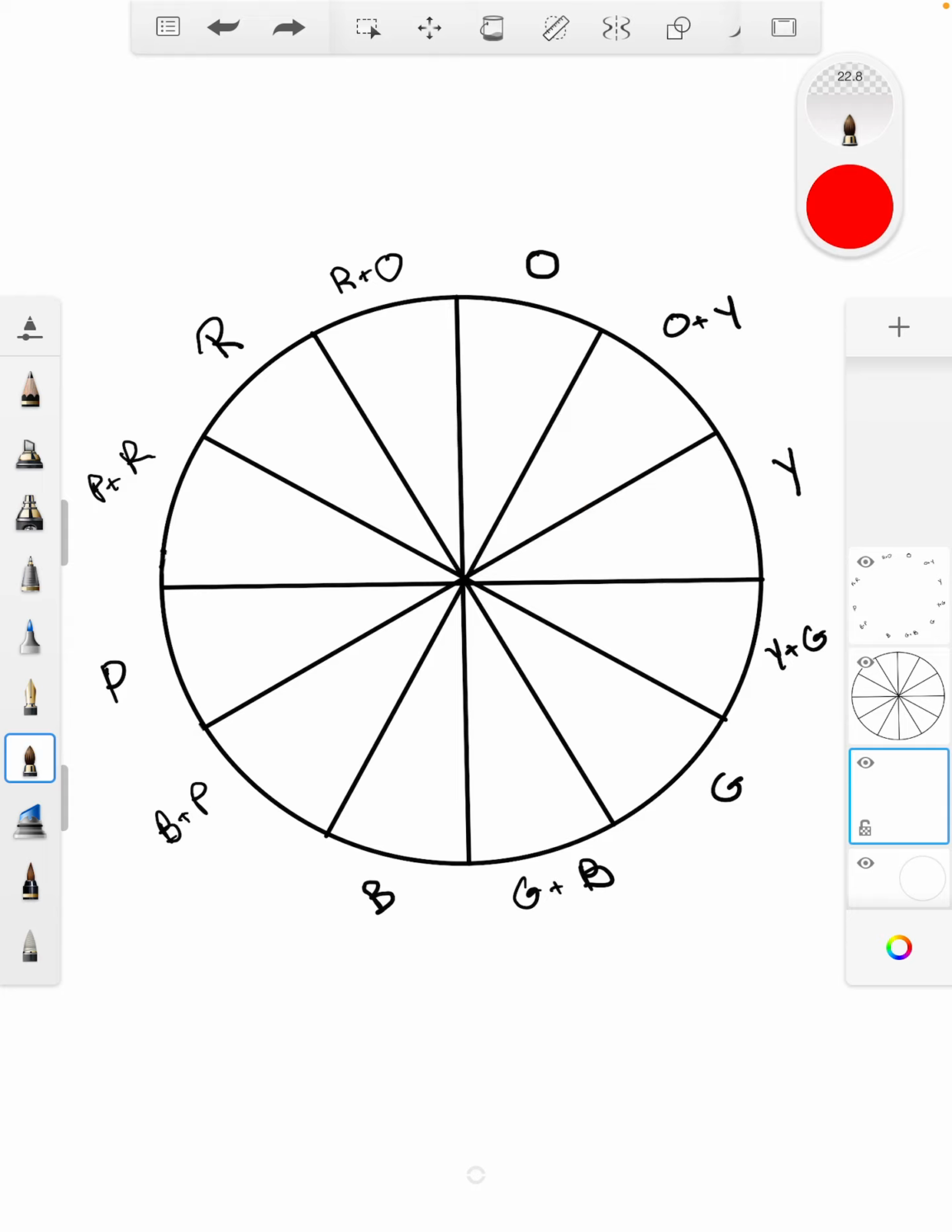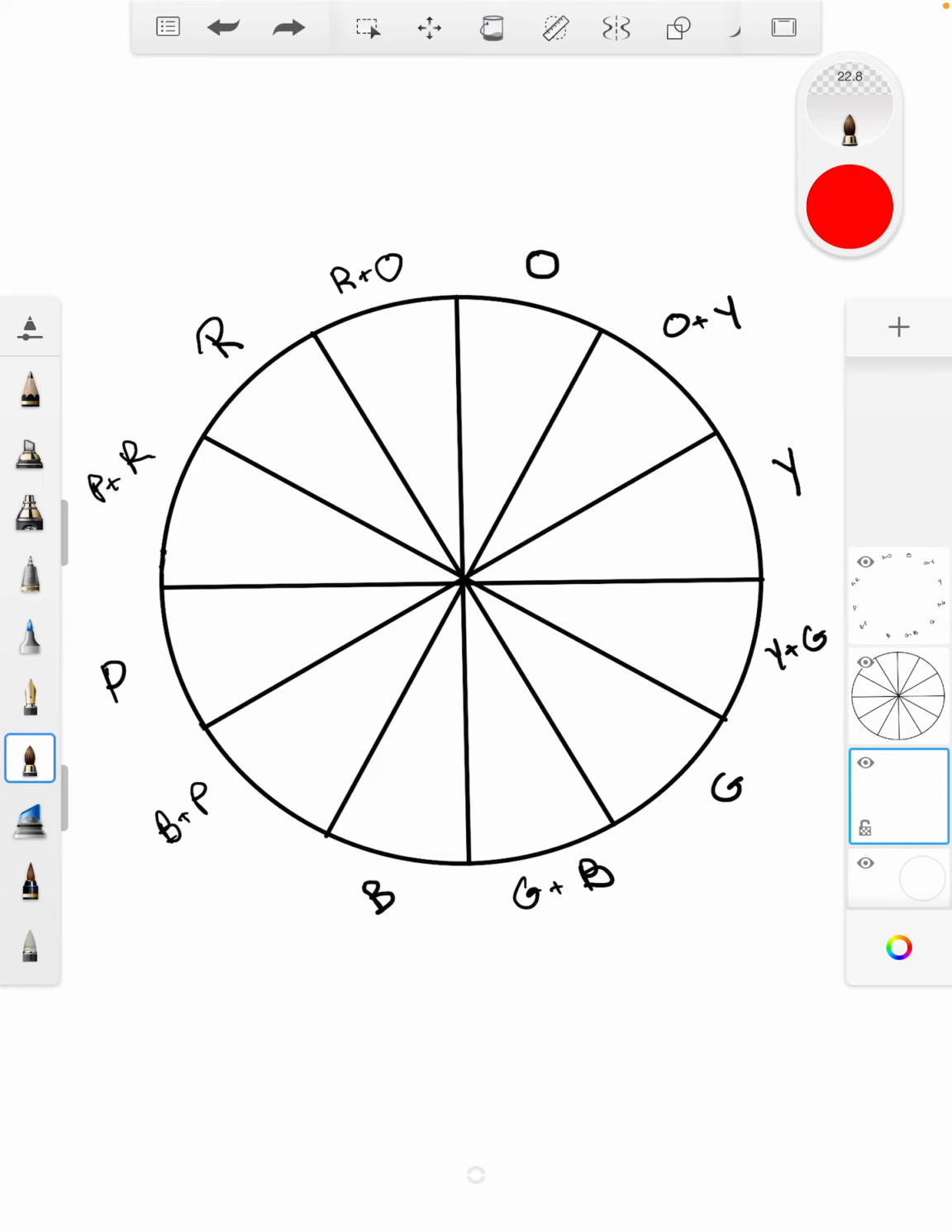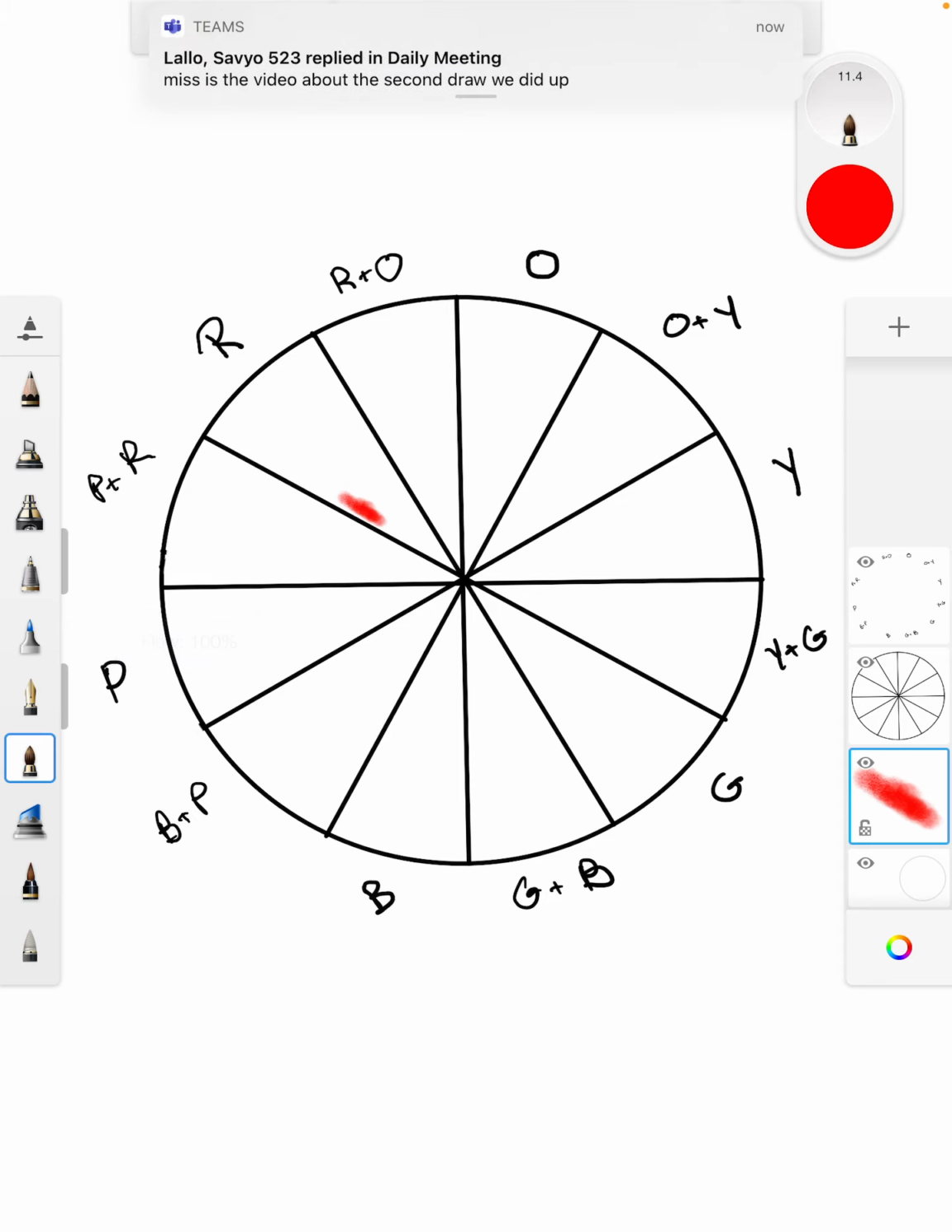I have this selected. Now, there is the option of using the fill and filling in the section. I don't want you to do that because I want you to practice brush control. So you're going to take this. Oh, by the way, this is where you select the brush size, and this is where you select the brush opacity. I'm going to put the flow up to 100%,